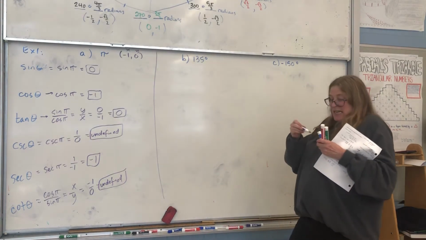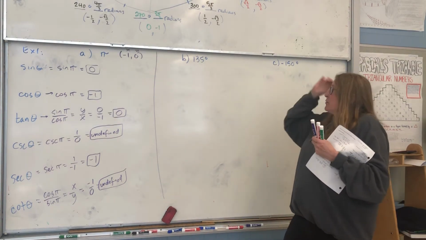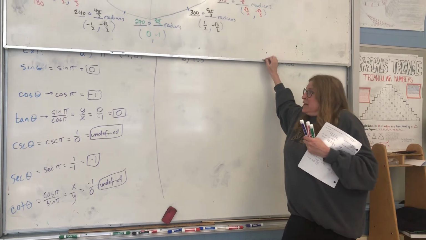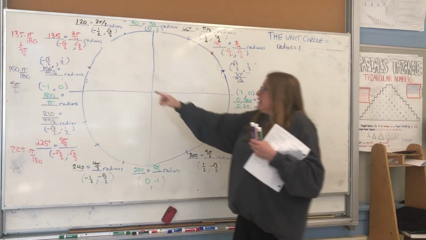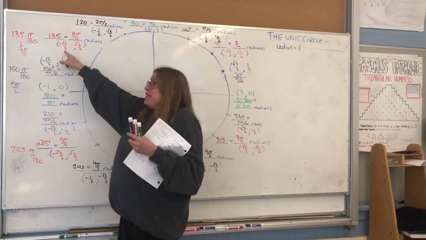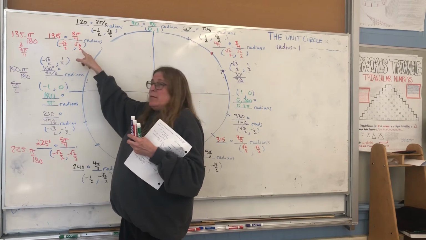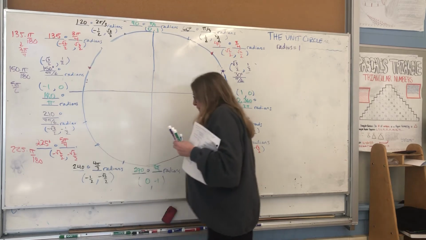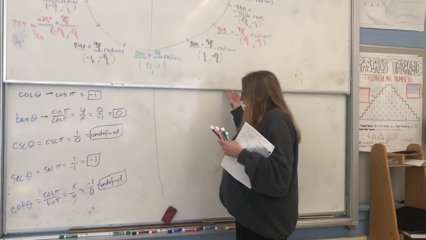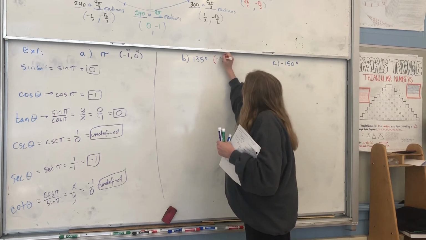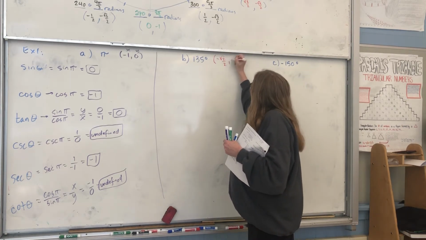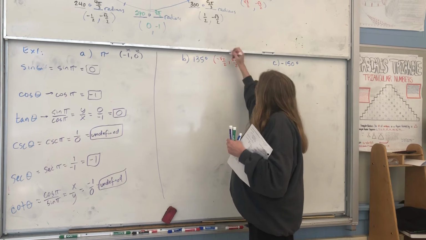Okay, now let's take another angle on our unit circle. We want 135 degrees. So let's find 135 degrees. Up here, 135 degrees is -√2 over 2, comma, +√2 over 2. So let's write that up there. -√2 over 2, comma, +√2 over 2. That's x and that's y,